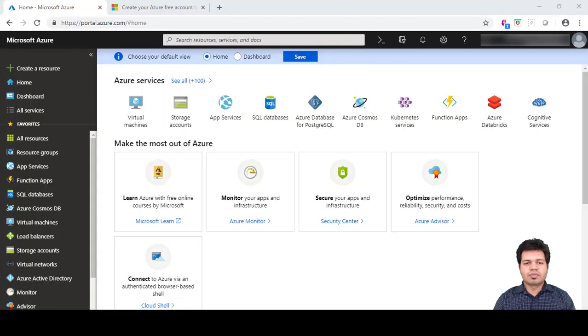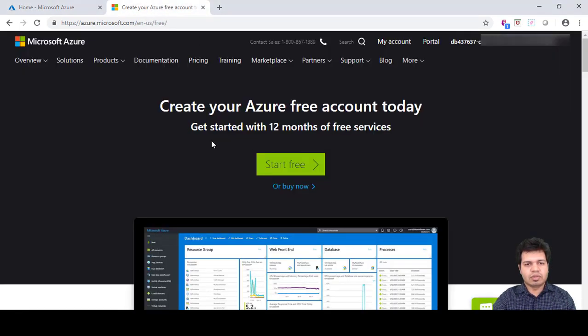Hello folks. In this video, I am going to give you an overview of the Azure Portal, which is a portal provided by Azure to basically create or spin up any services. Before going in that direction, let me tell you first that if you are very new to Azure and you don't have any exposure to Azure, then you can basically create an